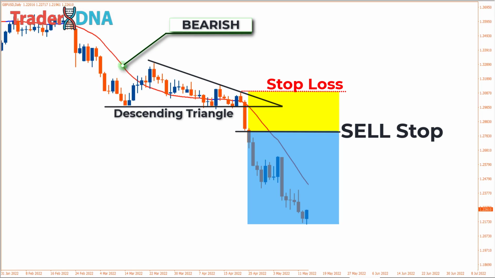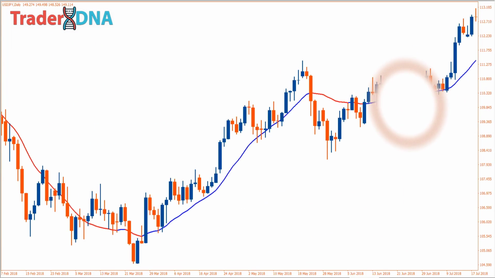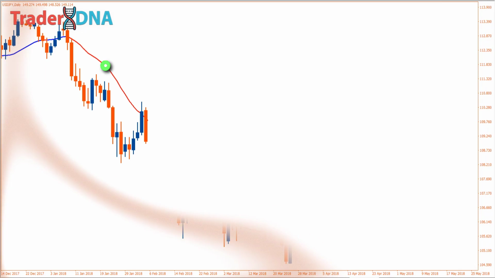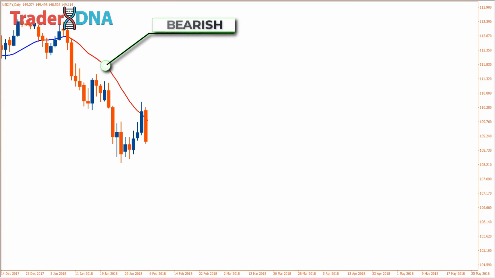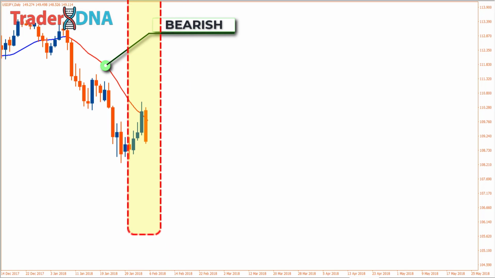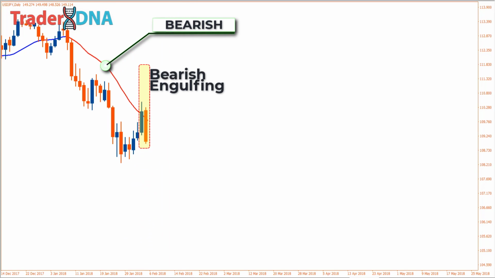Another example is the bearish engulfing pattern. In this chart, based on the red non-lag MA line, we categorize the price movement as bearish. The next step is to wait for the appearance of a bearish price action pattern near the non-lag MA line. Here, we see the formation of a bearish engulfing pattern,